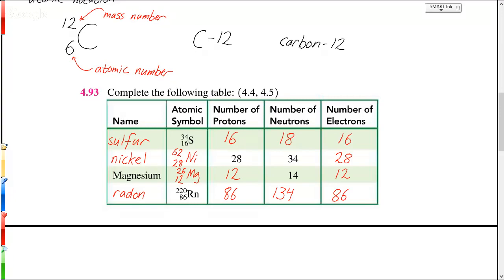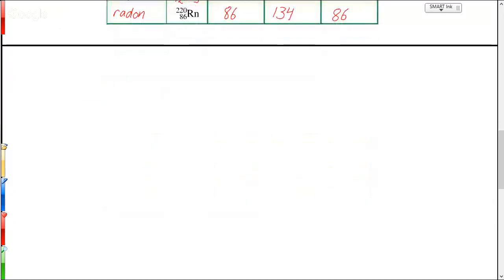Okay, so keep in mind that in order to be able to do all of those, we had to be given some information in each row. So I can't just name an element and have you fill everything out, because you need to be either given the mass number or given the number of neutrons. The reason for that is something called